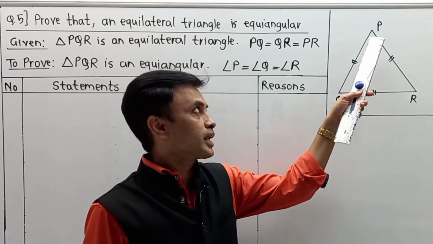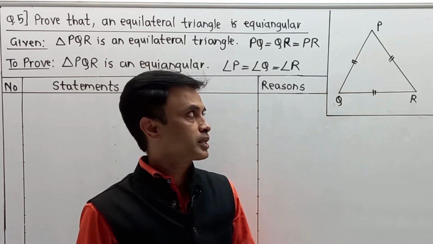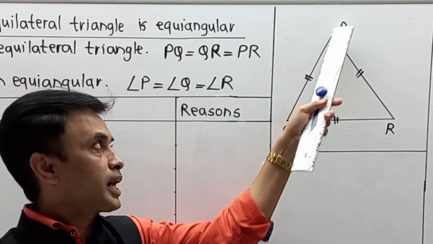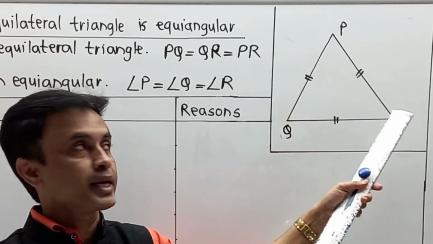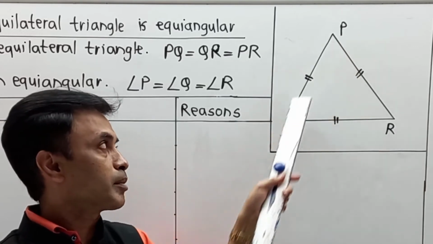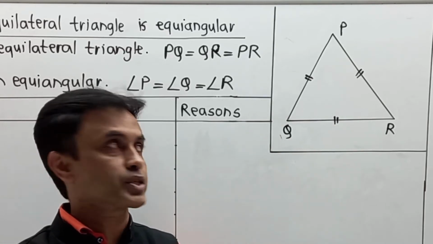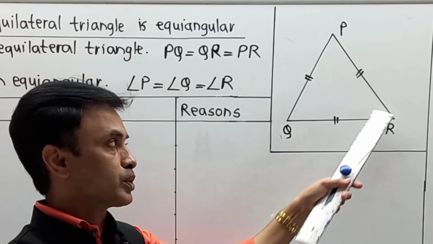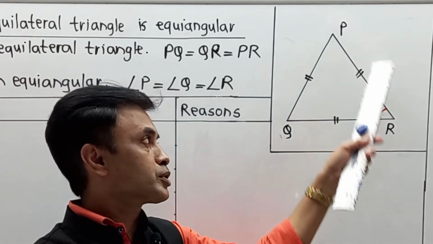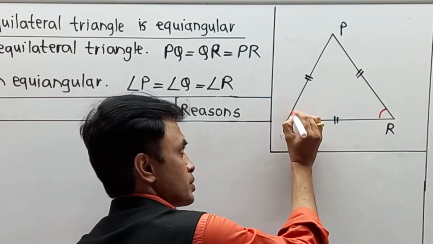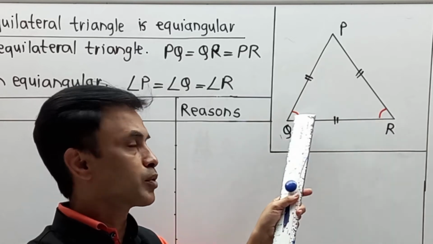Here, we have to show that angle P is equal to angle Q is equal to angle R. But we cannot write that at a time. So one by one, we know that PQ is equal to PR, given. Naturally, as per the first condition, triangle PQR, temporarily with these two sides equal, we can call it an isosceles triangle. Then the angle opposite to PQ, that is angle R, must be equal to the angle opposite to PR, means angle Q. This is your first part. Means in the first case, we are trying to prove that angle R is equal to angle Q.